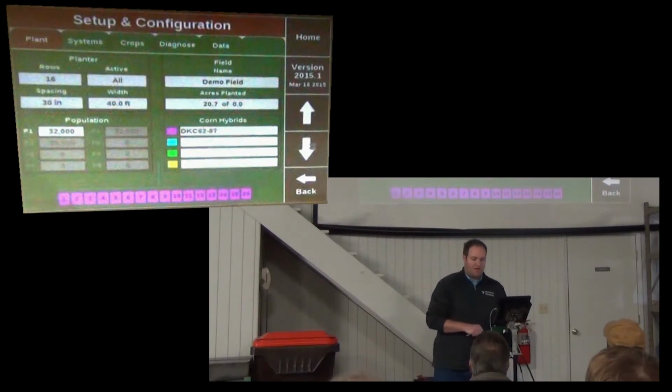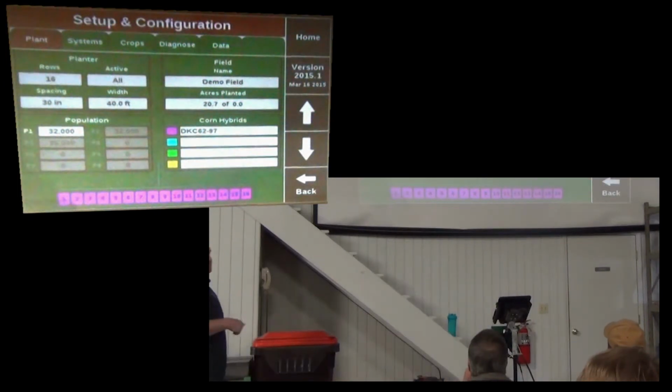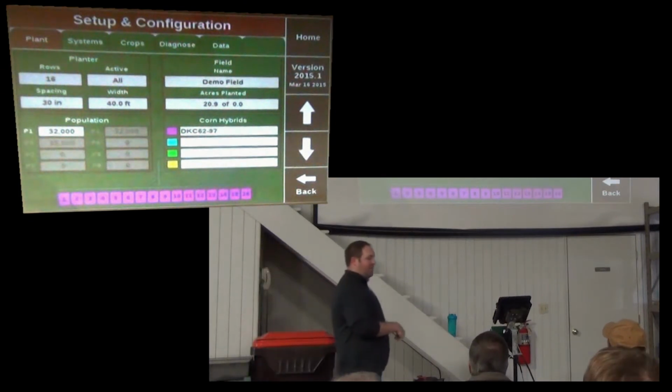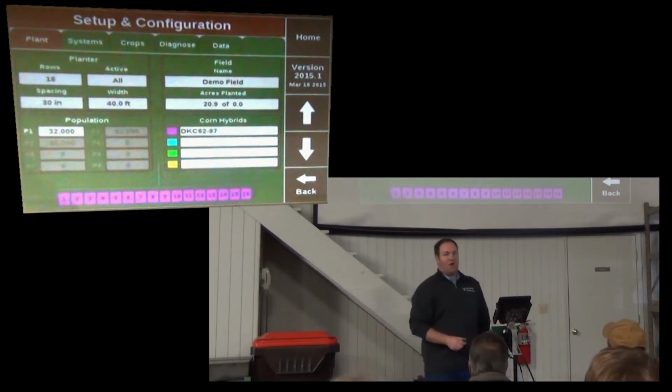You touch the setup button. Basically, I suggest touching your setup button after you pull into the field and you're ready to plant, and make sure that the field name, corn hybrids, and population are set correctly. So up here with planter, field name up there, if the field name in there is not what I want,